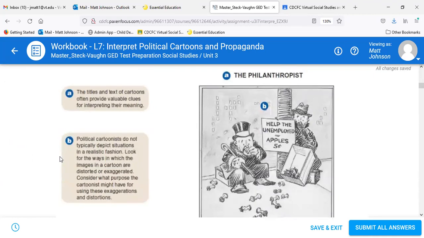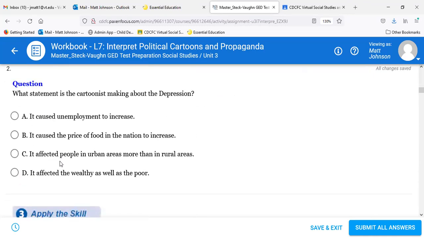Okay, Etta, you want to take number 2 for us? Okay, it says, what statement is the cartoonist making about the Depression? A, it caused unemployment to increase. B, it caused the price of food in the nation to increase. C, it affected people in urban areas more than in rural areas. Or D, it affected the wealthy as well as the poor. C? So D,